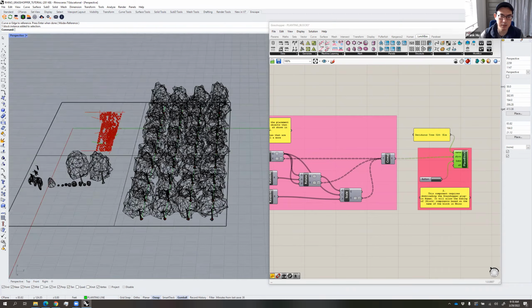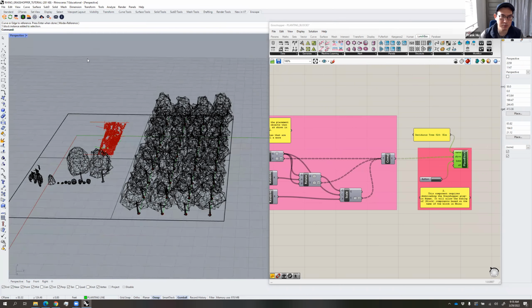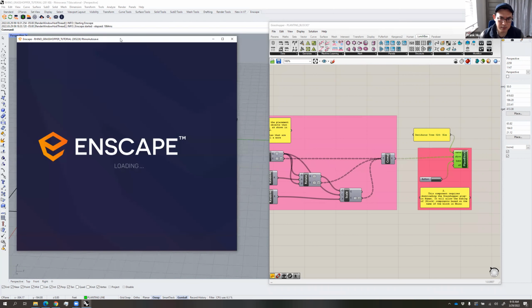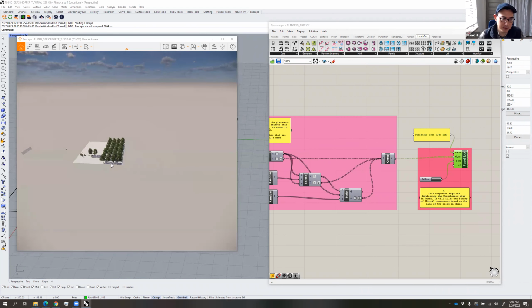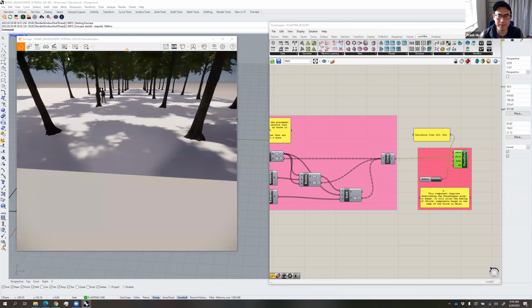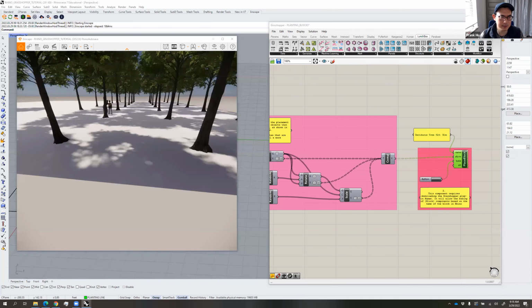So maybe, for your design, you just want to have a simple row of trees somewhere in your model, and instead of copying and pasting it multiple times and going through that trouble, you can just simply draw a line in your model and then distribute it like so. So that's the end result of this whole process. And again, the randomization and rotation, what that does is